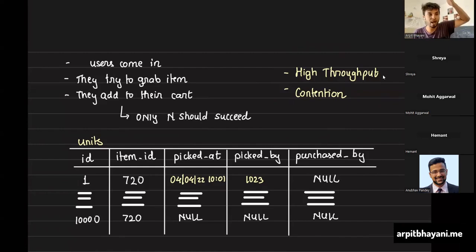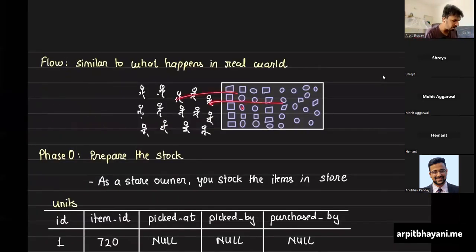So first step, you have to prevent people from coming in when your inventory is done. And it does not mean you are selling your inventory. It implies that your inventory is added in the cart. Finish. Because what happens in the real world, when there are let's say 10,000 items and 10,000 people pick those items, what would other people do? The shop owner would put the board at 10,000 because there is very high chance that almost all of these 10,000 people would make the payment.